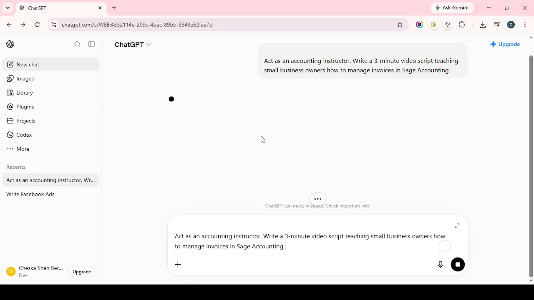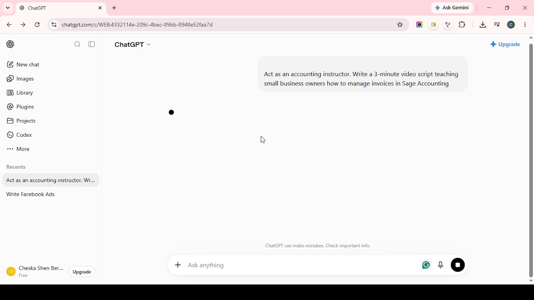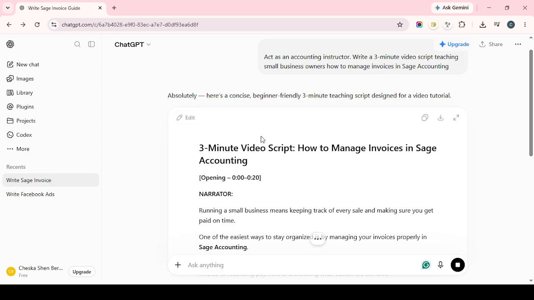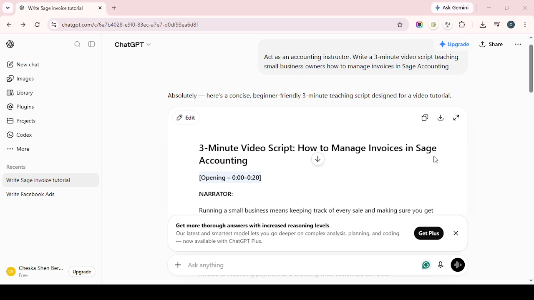Next, guide the structure of the output. Rather than receiving one large block of text, ask ChatGPT to organize the script into clear sections. You can request an intro hook to open the video, screen action notes to describe what should appear visually, a voiceover script that can be read aloud naturally, and a call to action to close the video. Giving this structure up front makes the result much easier to use for production, especially if you're pairing narration with